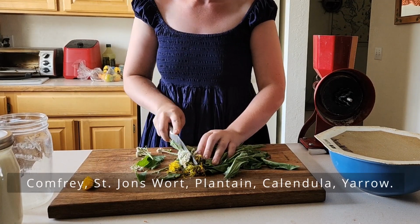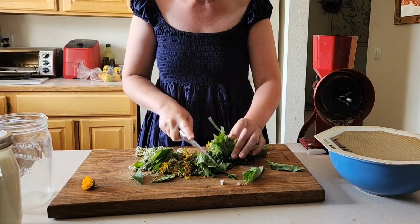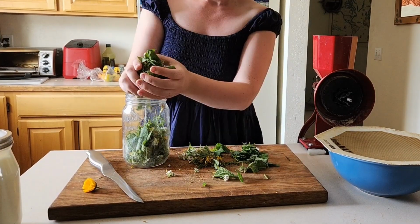St. John's wort loses a lot of its potency when it is dried. Since I wanted to include St. John's wort in this batch, I decided I'd just use all my herbs fresh and I'd go ahead and do a heat infusion method, which is super simple, and I'll share that with you guys right now. All we need to do is coarsely chop up our herbs, add them to a clean jar with some oil,